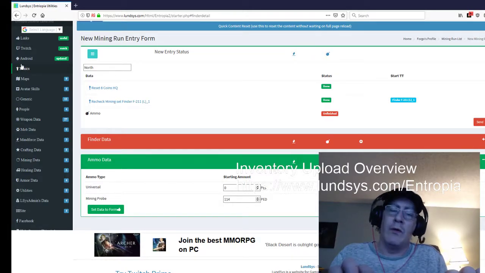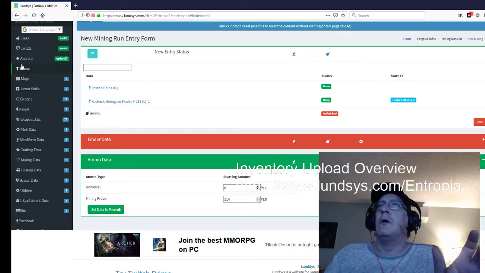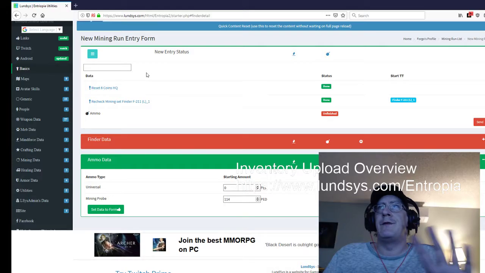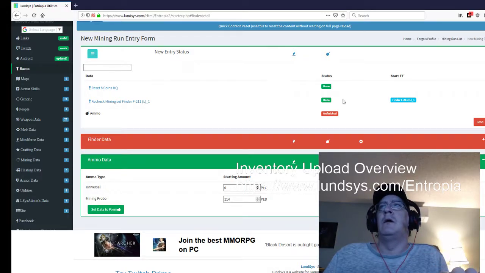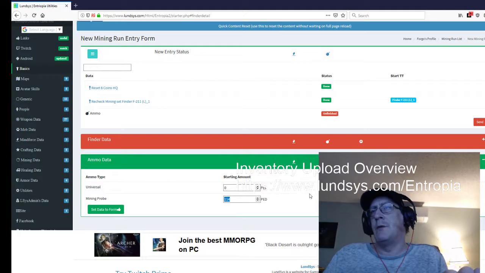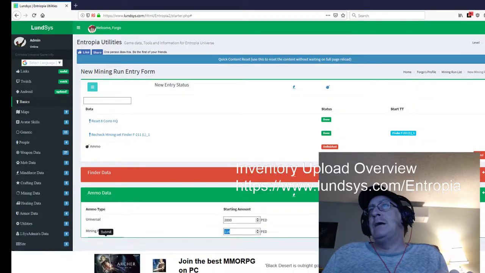Now if you want to say going north from the teleporter, or north side, or some note to help distinguish which direction you went, because this doesn't really make a map yet. I haven't gotten that far into it, but you can put a note in there to help you figure out where you're going. And then down here you've got ammo. If you use mining probes, put in the amount of mining probes you have. If you have universal ammo and you use that, throw in, I've got 2,000 universal ammo. And then when you're done,